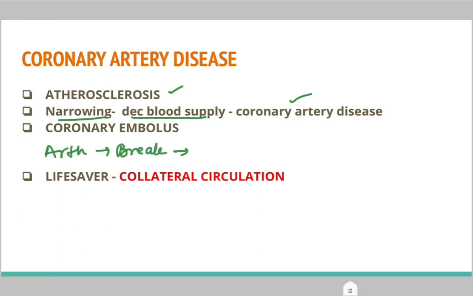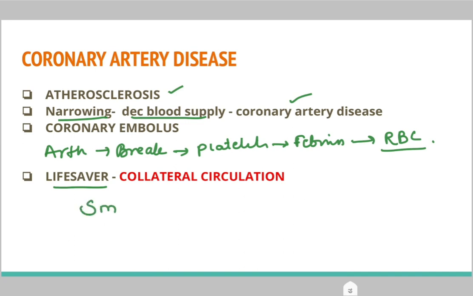The atherosclerosis will break down. This will provide an uneven surface for the blood flow. Later, the platelets get attached to it and further fibrin will deposit and also RBC will attach to this. This will lead to the formation of the coronary embolus. This coronary embolus will obstruct the blood flow.